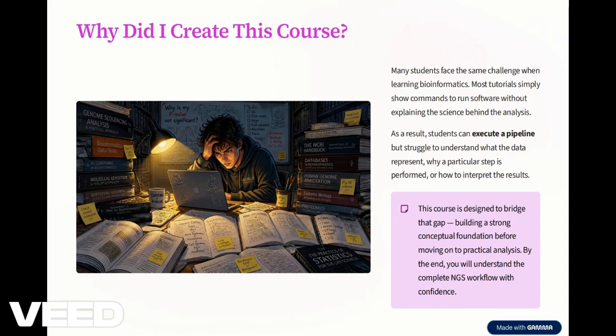As a result, many students can follow commands but cannot understand the biological meaning behind the analysis. That is exactly what I want to change. In this course, we will first understand the concept, then learn the practical analysis. My goal is not just to teach software but to help you think like a bioinformatician.